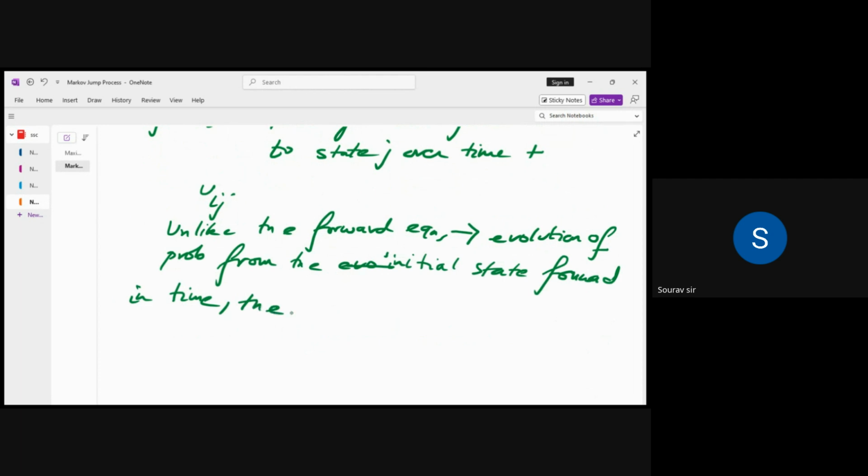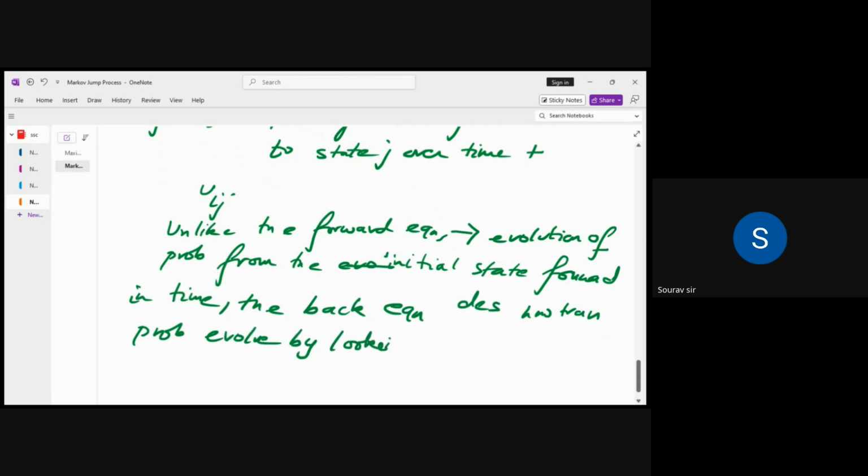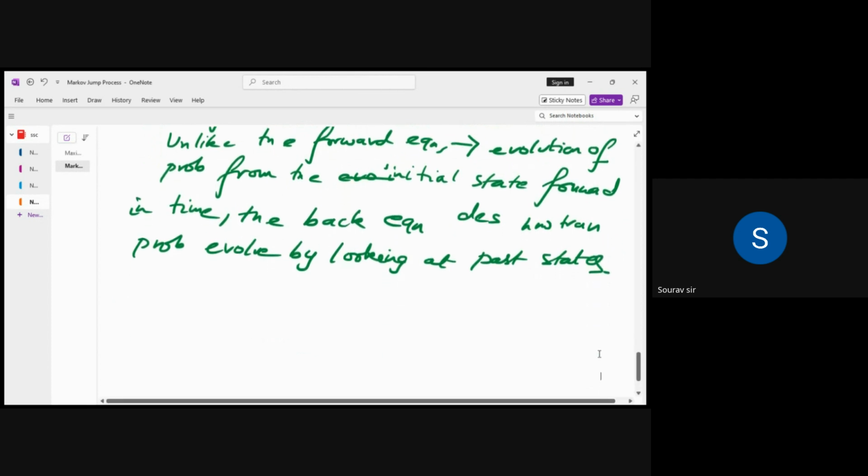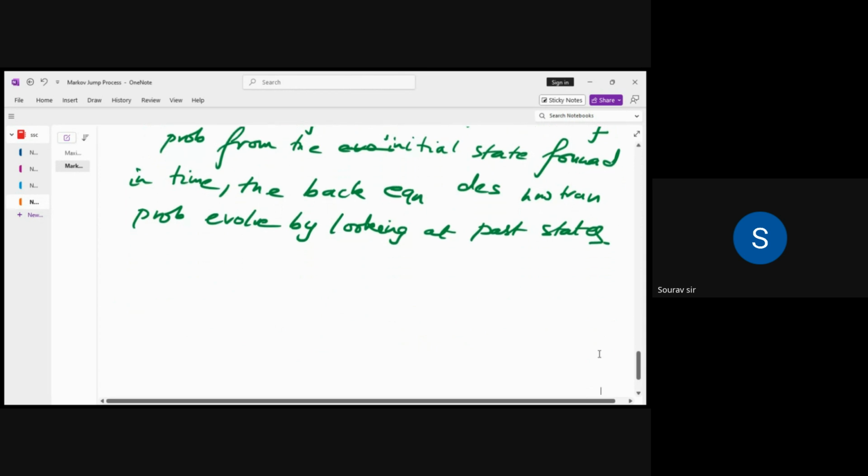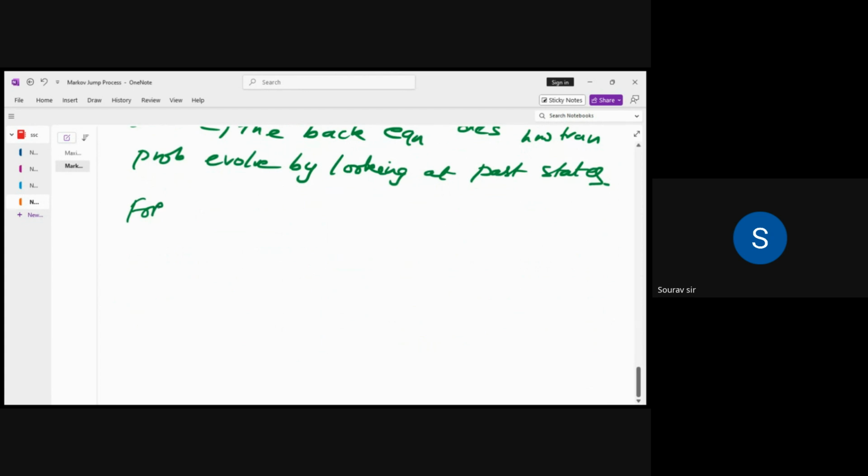the backward equation describes how the transition probability evolves by looking at past states. So if I tell you the difference between forward and backward equations,